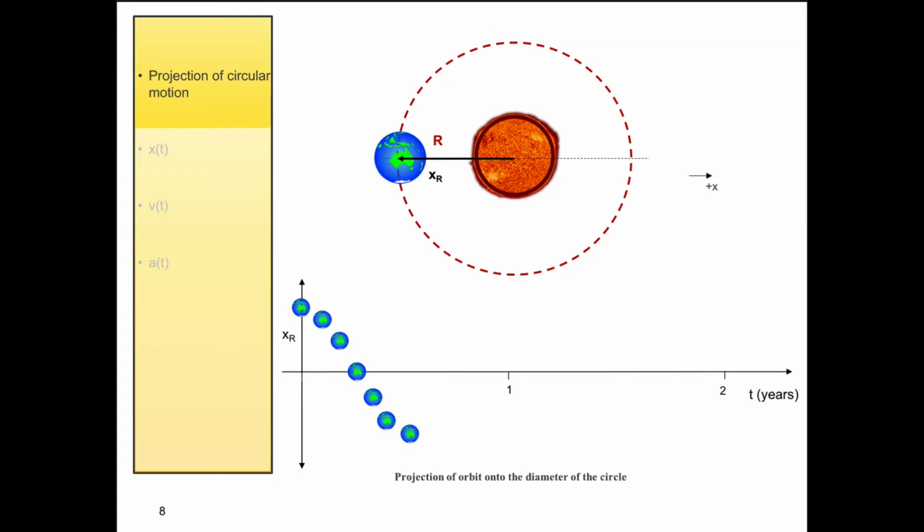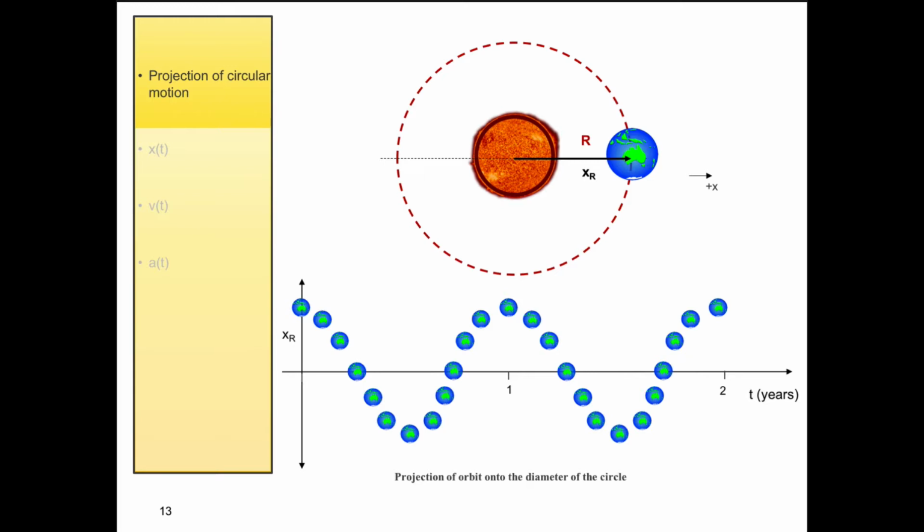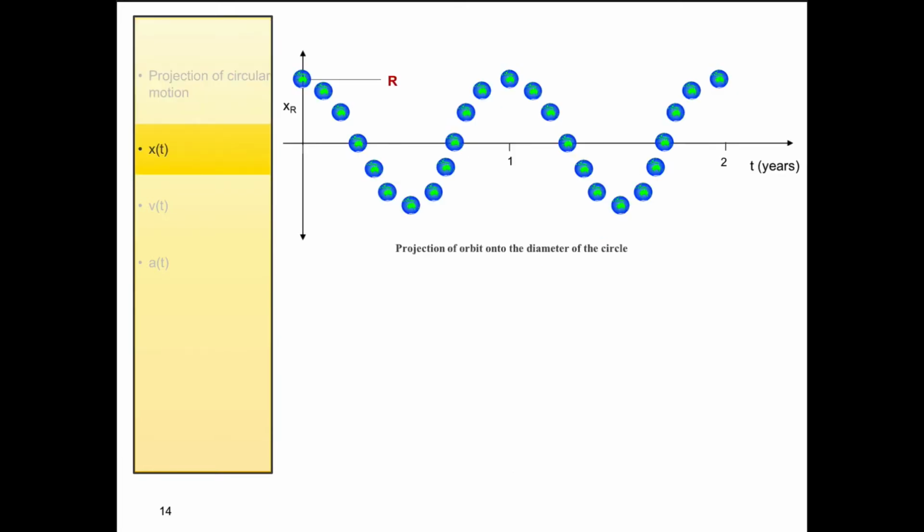Halfway around our orbit, we can see again that our position vector is directly along the x-axis but in the negative direction, so our x projection reaches its maximum negative value of minus r, and so on. And this behaviour is periodic, so we see that year after year we have a curve that looks something like this. And what we're interested in is how we describe that curve. Looking at it, it looks remarkably similar to the general form of a cosine curve. When we have the general cosine curve, with the angle theta on our x-axis and the amplitude of our curve on our y-axis, we know that we can describe that by the maximum amplitude of the curve